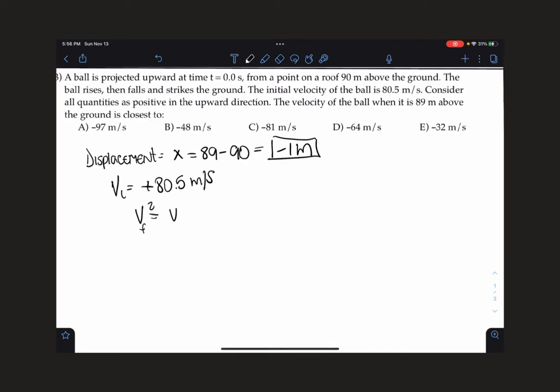This is v final squared equals v initial squared plus 2 times acceleration times position, the final velocity squared. We place the value of velocity and initial velocity. This is squared plus 2 times the acceleration, which takes the place for gravity, which is -9.8, and this times the displacement, which is -1,